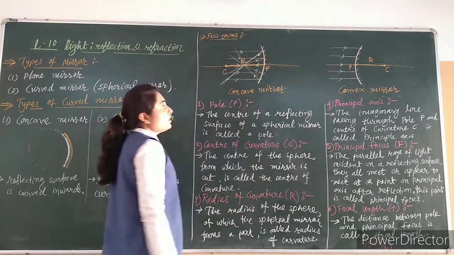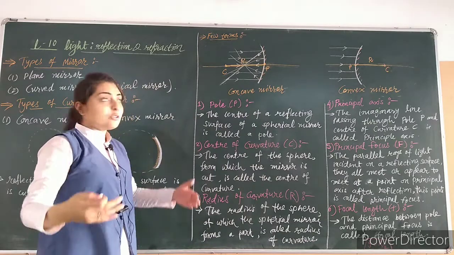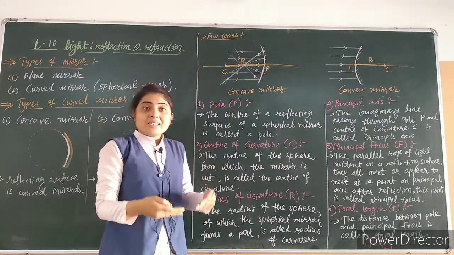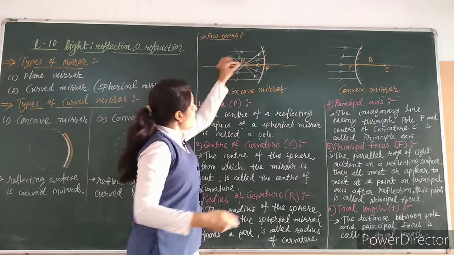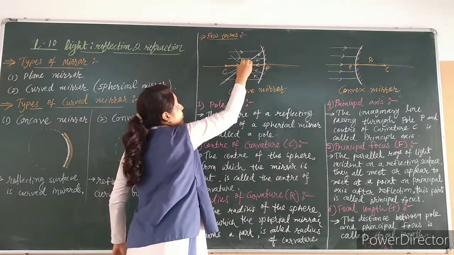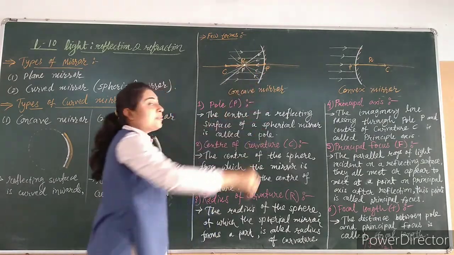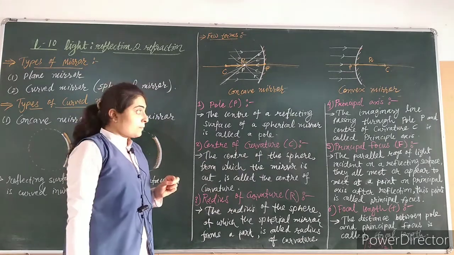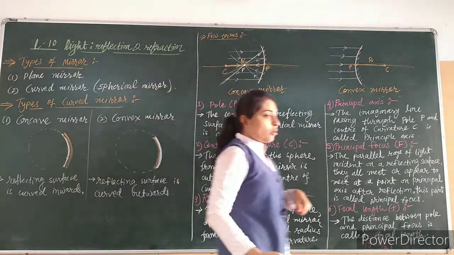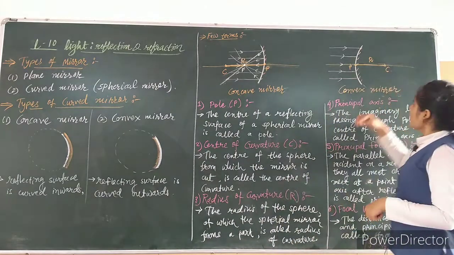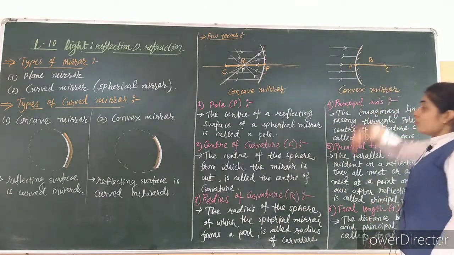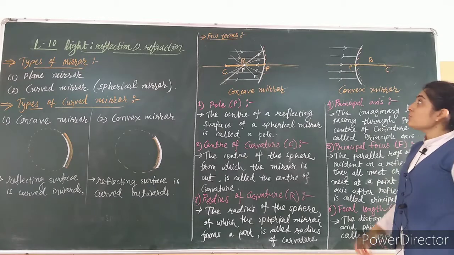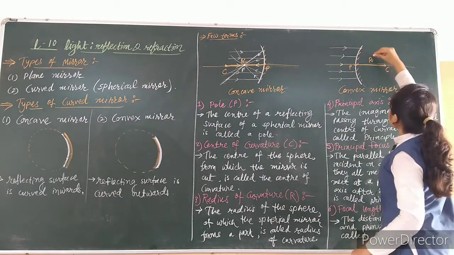Can you understand this? Due to the inward curve, the rays of light will be reflecting in such a way that they meet on one point. And that point will be the principal focus. Right? What about the convex mirror? This is due to the outward curve. The rays of light will be reflected